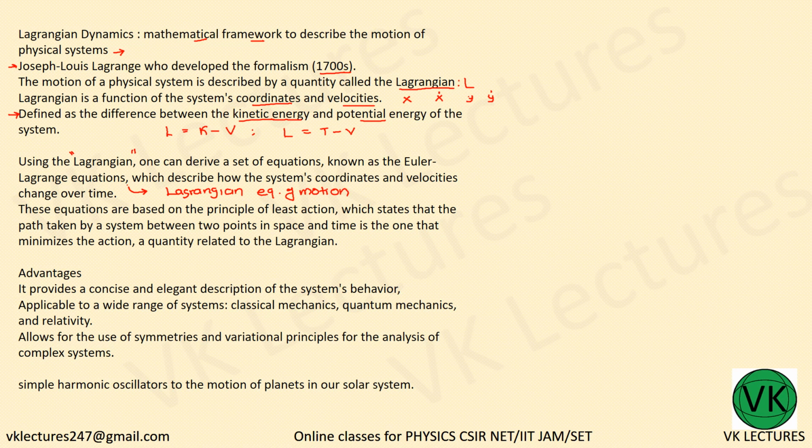Now, these equations are based on the principle of least action. What does the principle of least action say? The path taken by the system between two points in space and time is one that minimizes the action. That means it undergoes least action, and it is related to the Lagrangian. To understand this principle of least action, we can consider